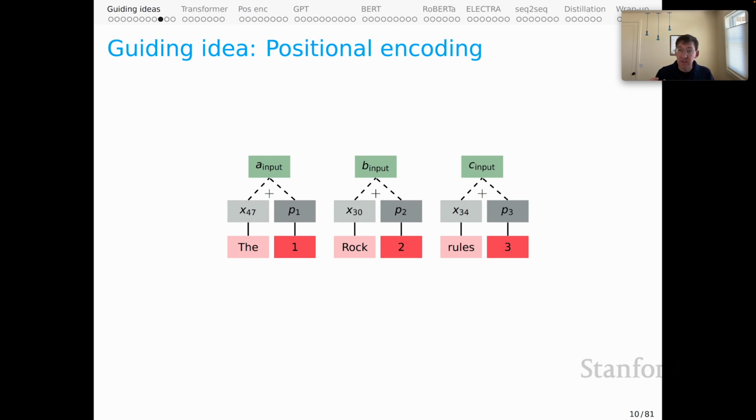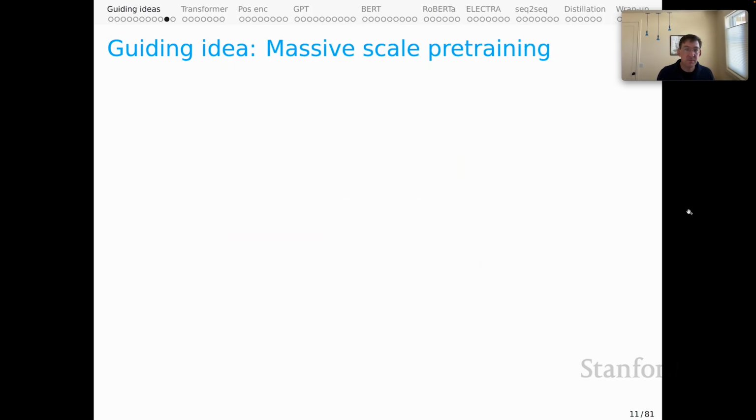This has proved effective, but it has many limitations that we're going to talk about later in the unit, and we're going to explore ways to capture what's good about positional encoding while also overcoming some of the problems that it introduces. And then, of course, one of the major guiding ideas behind all of this is simply massive scale